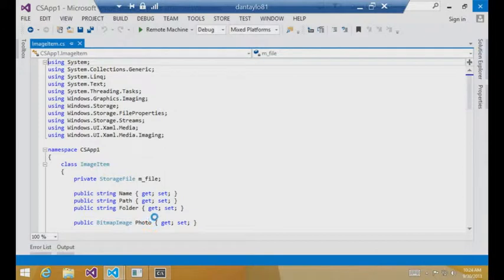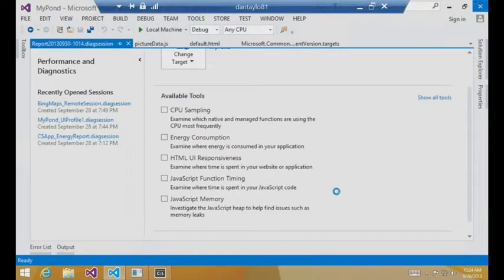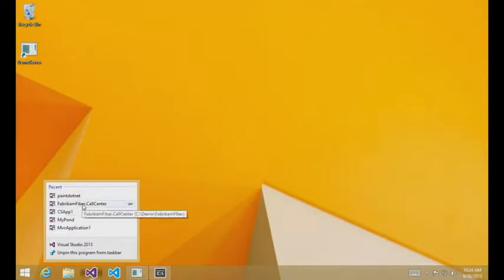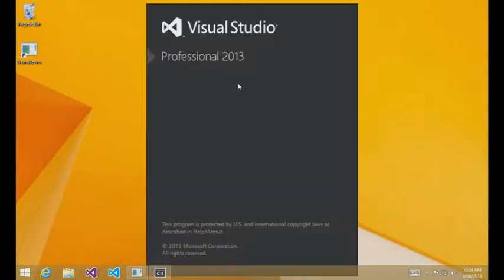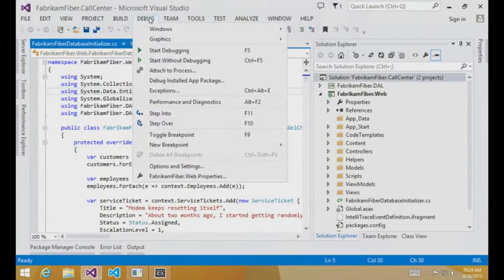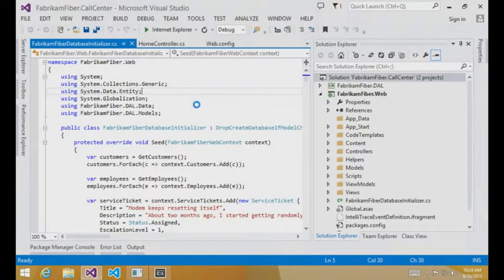So that was a brief tour of some of the tools that are available in the Express version of Visual Studio. Now let's go to Visual Studio Professional and try out some ASP.NET and desktop applications. Here I am with an ASP.NET application open called Fabrikam Fiber. If I again go to the Performance and Diagnostics Hub,